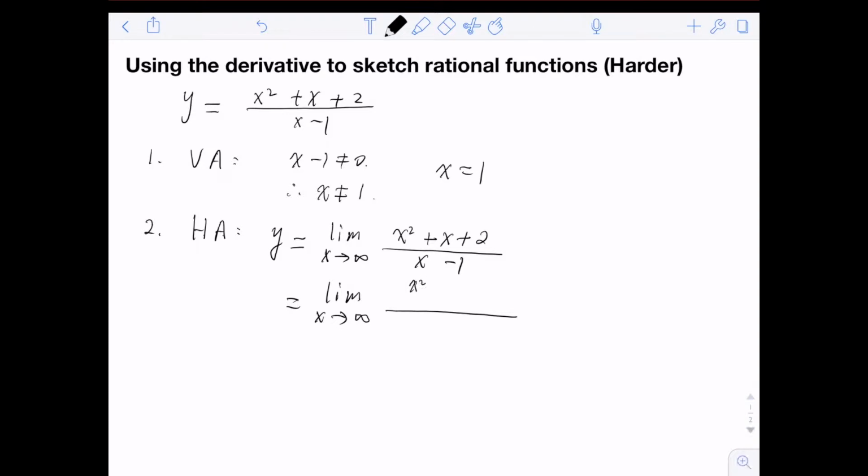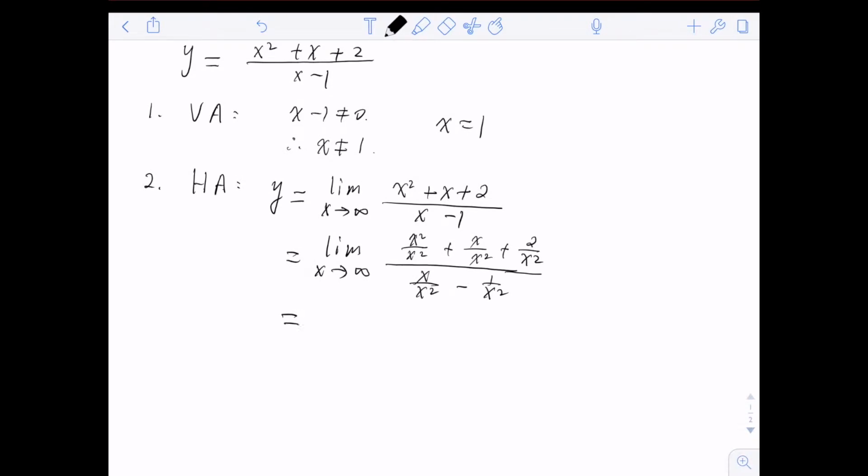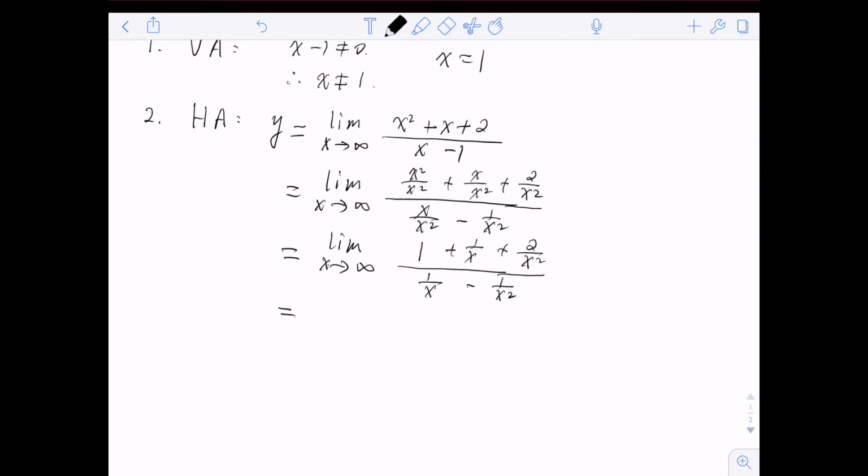In this question here, again, it is x squared. So I'm going to divide by x squared everywhere to make equivalent fractions. So x over x squared plus 2 over x squared, over x squared over x squared minus 1 over x squared. Right. And then I expect I get my horizontal asymptote. But I seem to have a problem here. Let's see what the problem is. Here gives me 1 plus 1 over x plus 2 over x squared, over 1 over x minus 1 over x squared. Which gives me